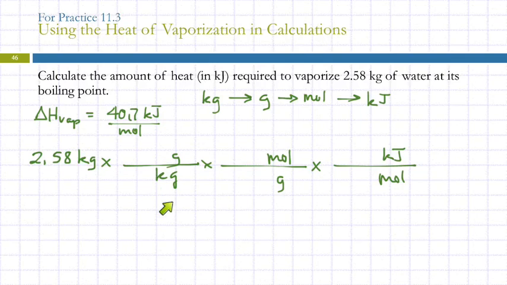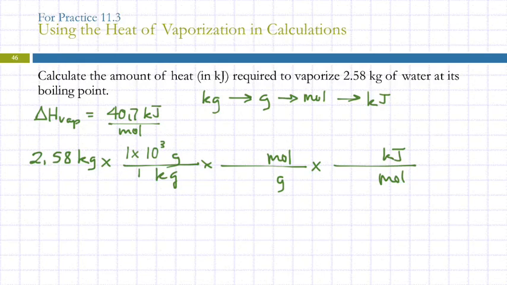So, kilograms and grams. Some of you are still struggling with this. Kilo stands for 10 to the 3. I've got kilo on the bottom, so I'm going to write what it means on the other side of the line. 10 to the 3. So 1 kilogram is 1 times 10 to the 3rd grams.